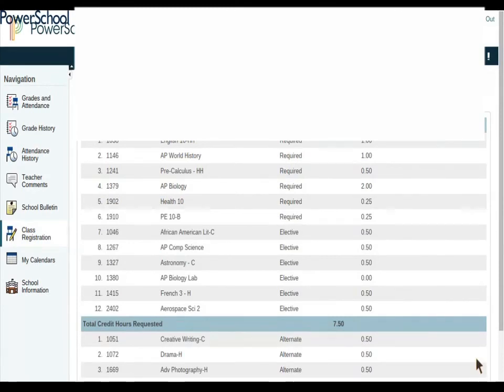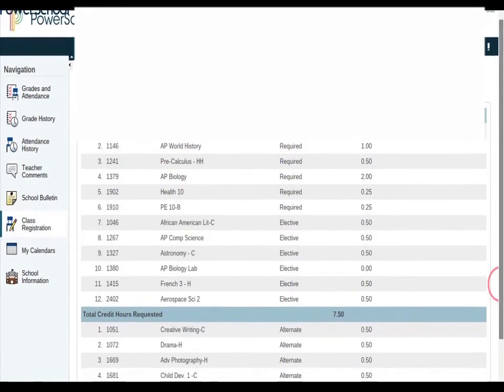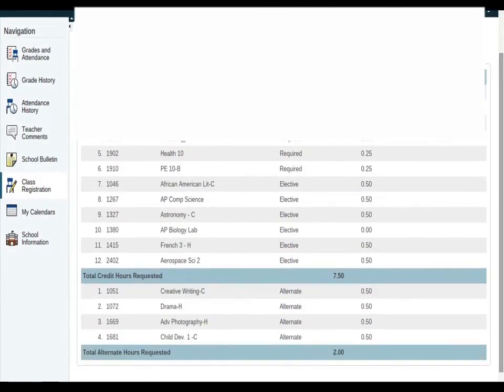and you will get a confirmation screen that looks like this, that tells you the total number of credits that you have signed up for, along with your alternates that are down here at the bottom. Now you have completed the first step in the course selection